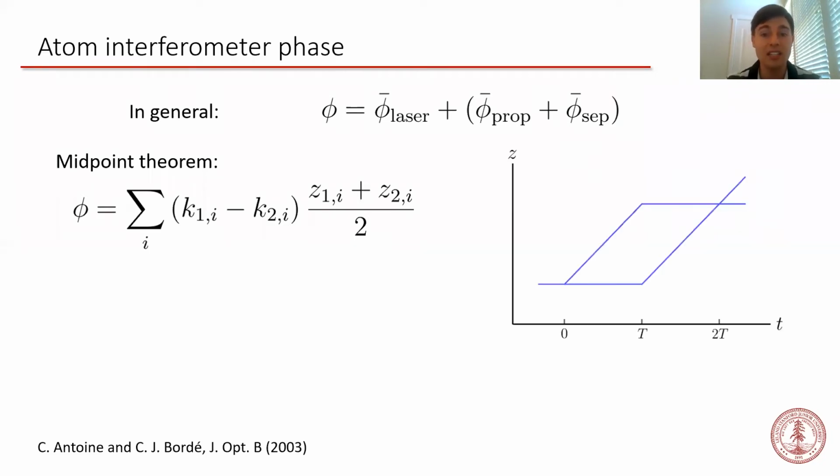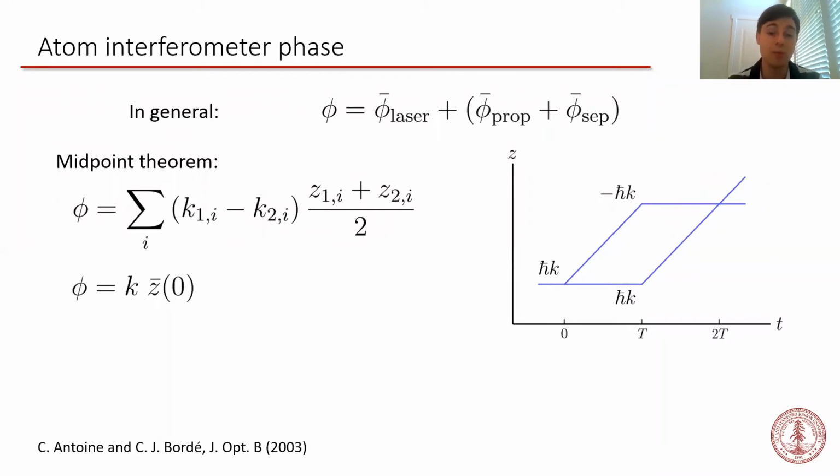Let's consider, as an example, this interferometer geometry, which is called a Mach-Zehnder interferometer. To calculate the interferometer phase, we just need to look at each atom-light interaction. So if we define h bar k as the momentum difference between the two arms created by the initial beam splitter, then the first term in the interferometer phase is k times the midpoint position of the atoms at time t equals 0. In the second pulse, the upper arm receives negative h bar k momentum, and the lower arm receives positive h bar k momentum.